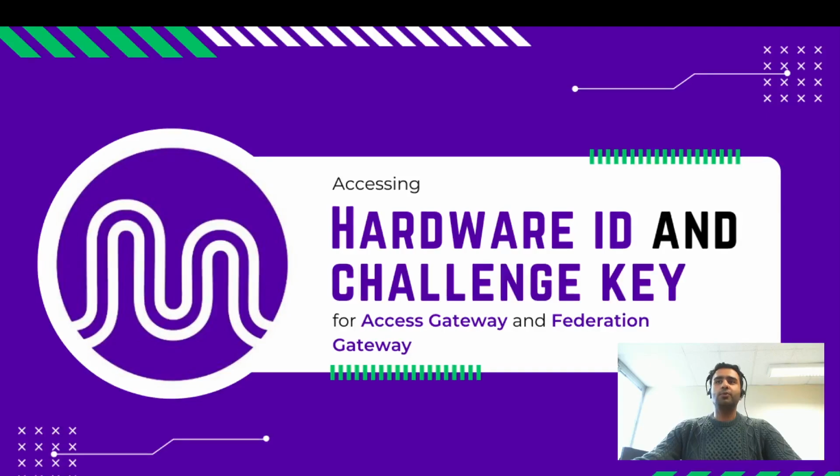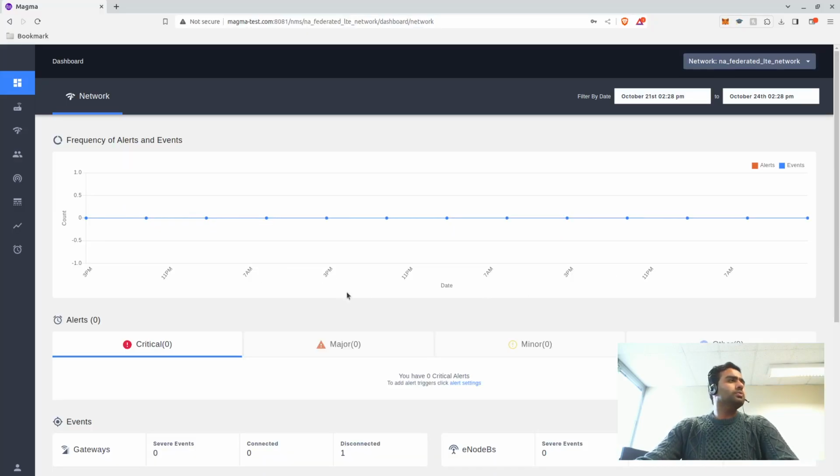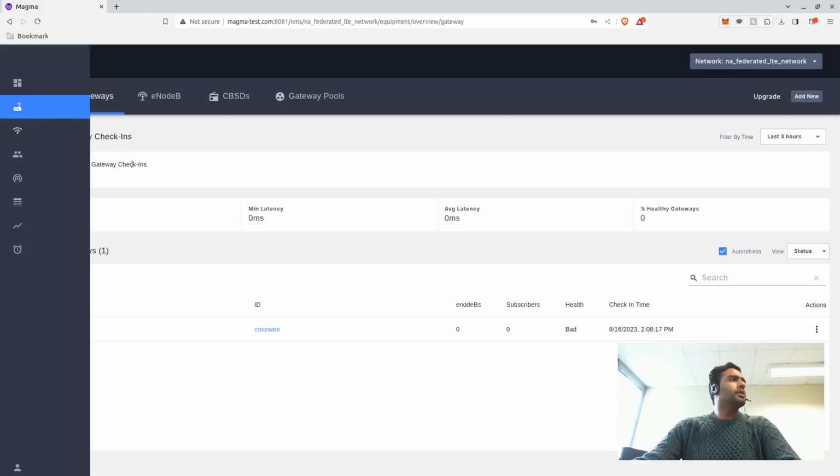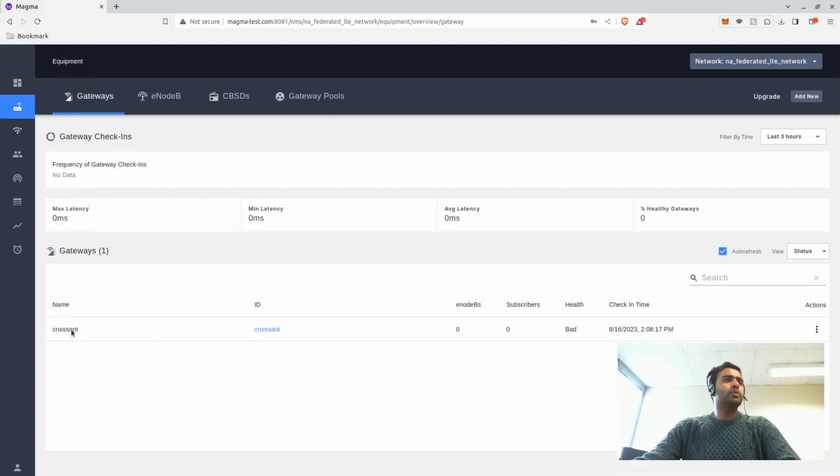So hello everyone. In this video we just want to see how we can extract hardware ID and challenge key for setting up our access gateway and federation gateway in our NMS or orchestrator. So for that, if we see here, whenever we want to add a